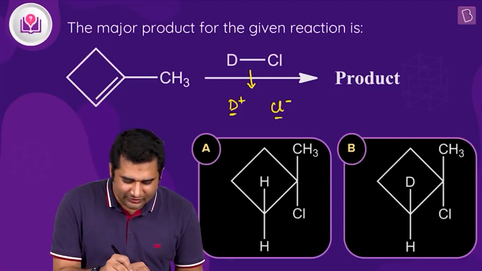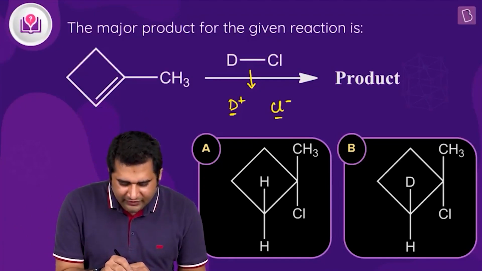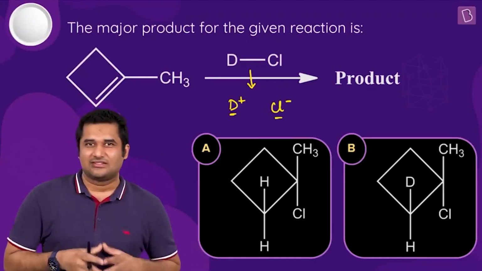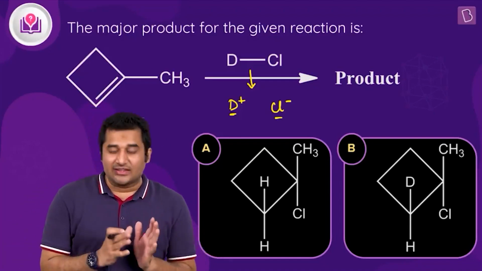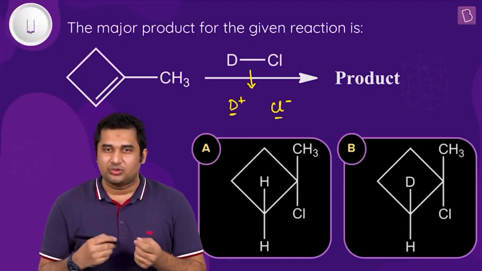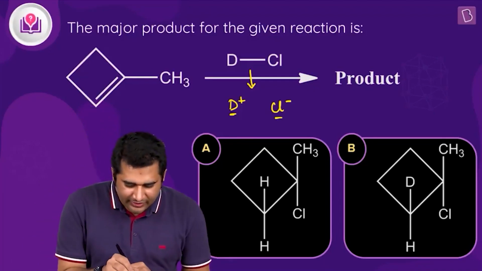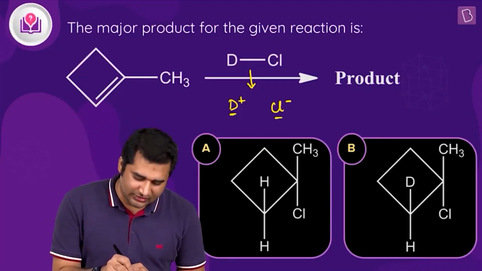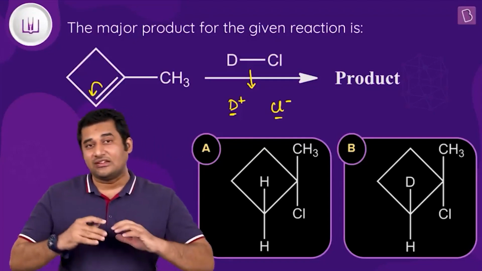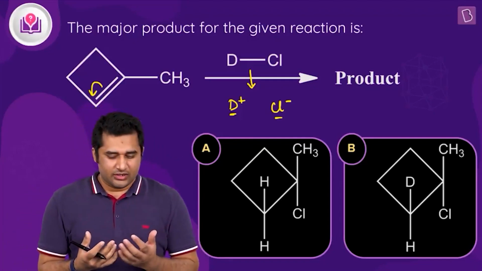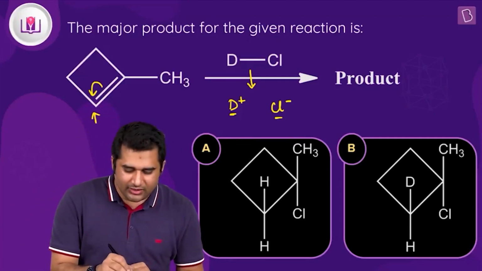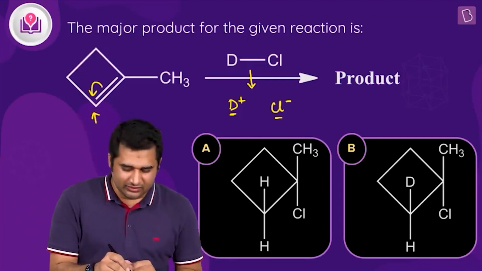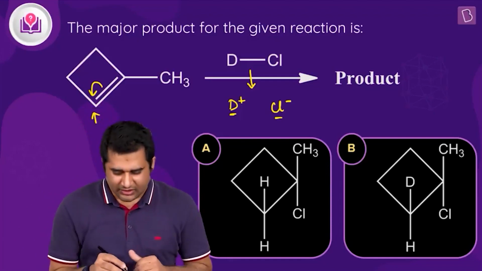So now you can see this is the pi bond. Now this pi bond will definitely donate electrons to the D+, isn't it? Why? Because we know that the pi bond is electron rich, and D+ is electron deficient, so we know how the two will react. Now the question here is whether this pi bond will shift like this. That means, whether the breakdown of the pi bond will be in such a way that the electrons will shift towards this carbon, or is it the other way, wherein the electrons will shift towards the other carbon. So let us figure it out.